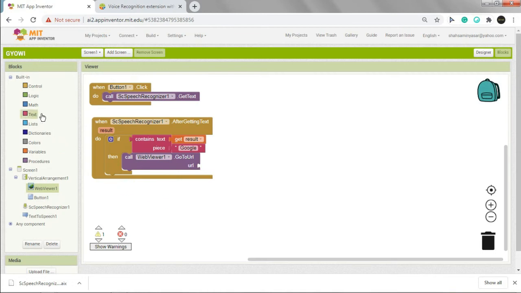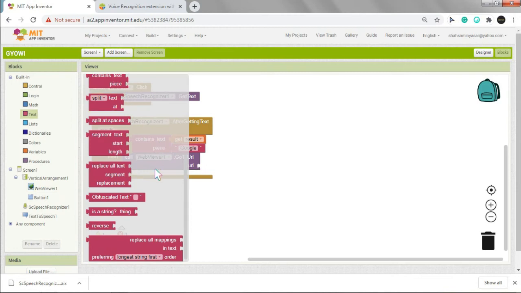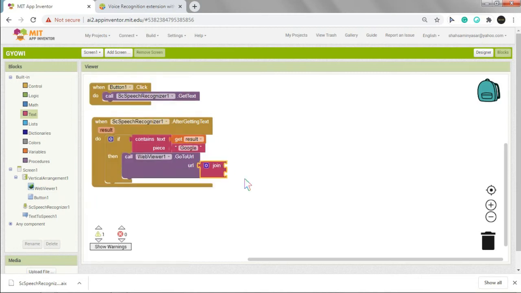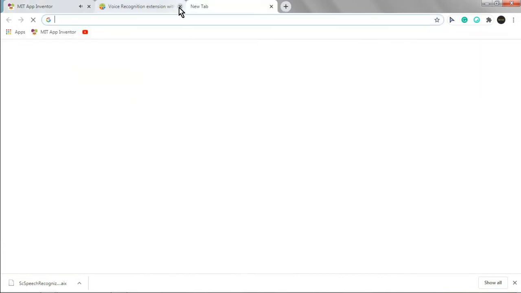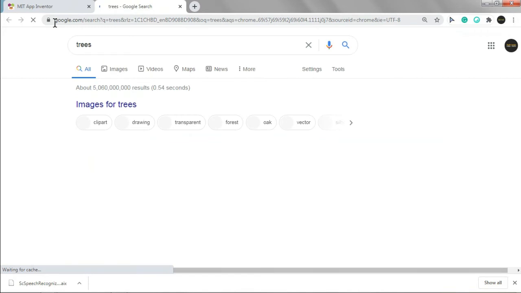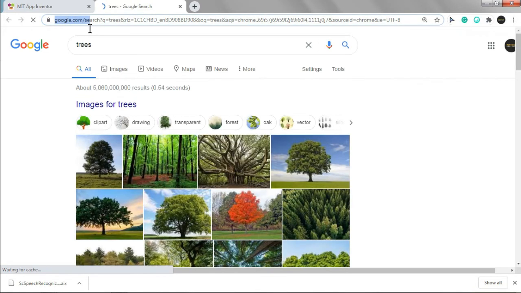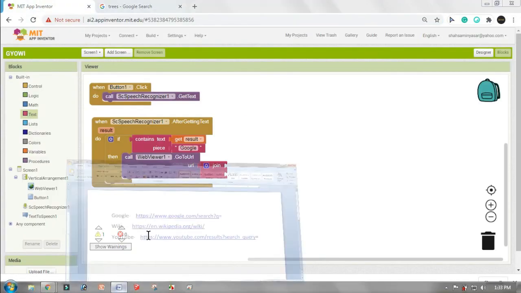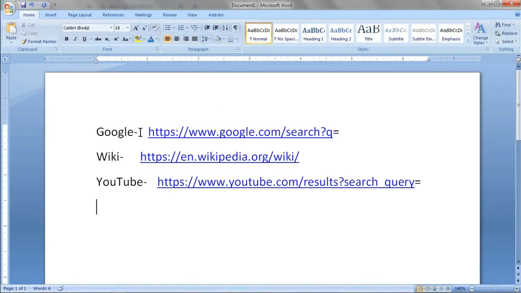So click on text and join, because let me show you something: when we search anything in Google, like trees, then the Google web link URL comes like google.com/search?q= and then it joins our search item. So we have to join this URL with our search. I have given all the URLs in the description. So Google's URL is this one.